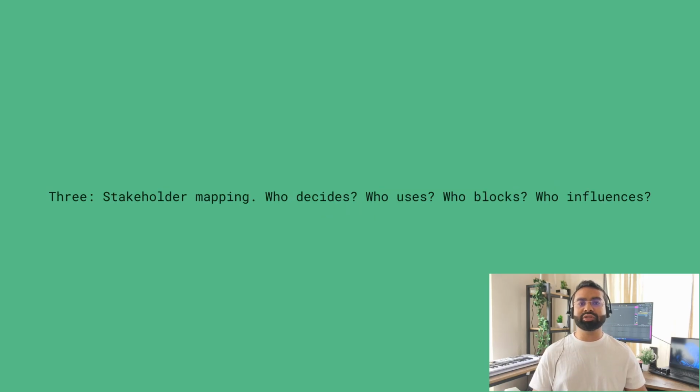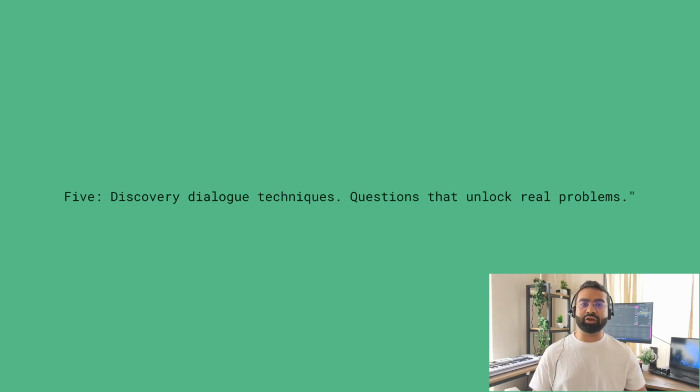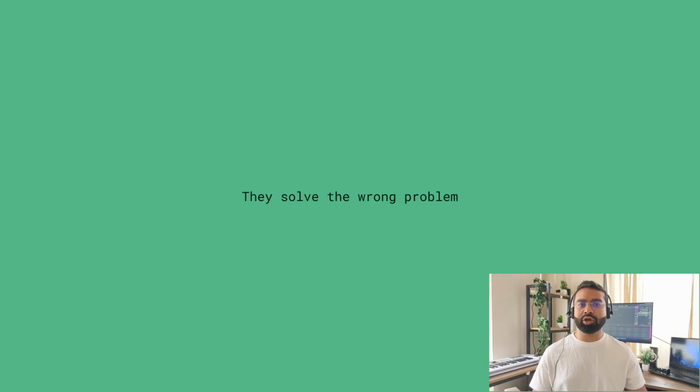Stakeholder mapping, who decides, who uses, who blocks, who influences. The RFP analysis, how to read a formal request without being blinded by jargon. Discovery dialogue techniques, questions that unlock real problems. Here's the reality, most software projects fail because they solve the wrong problem. Not because the team was incompetent, not because the tech was wrong, because they never asked the right questions up